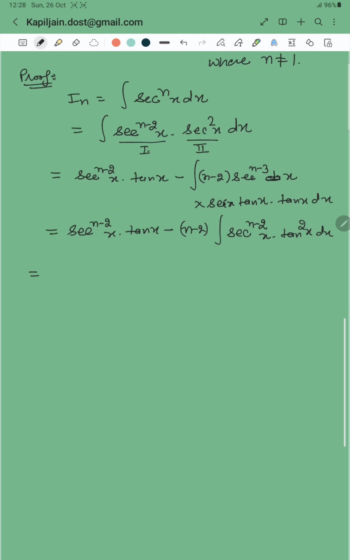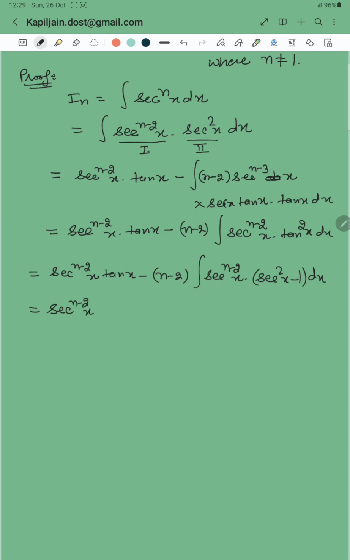Now further this integral becomes secant raised to power n minus 2 x tangent x minus (n minus 2) integral secant raised to power n minus 2 x, and tangent square x can be written as secant square x minus 1 dx, which is equal to secant raised to power n minus 2 x tangent x minus (n minus 2) integral secant raised to power n x dx, minus and minus minus is plus (n minus 2) secant raised to power n minus 2 x dx,